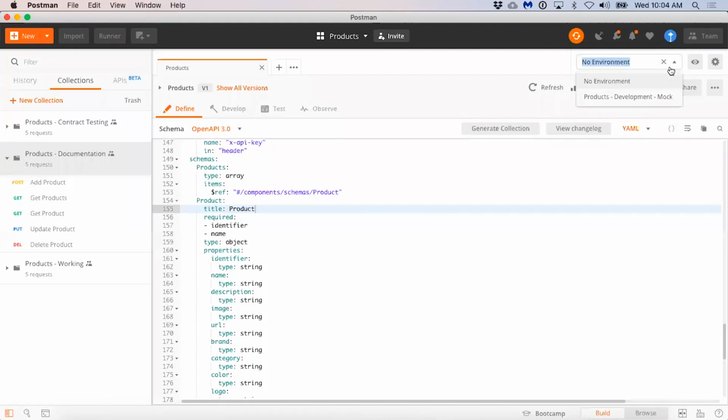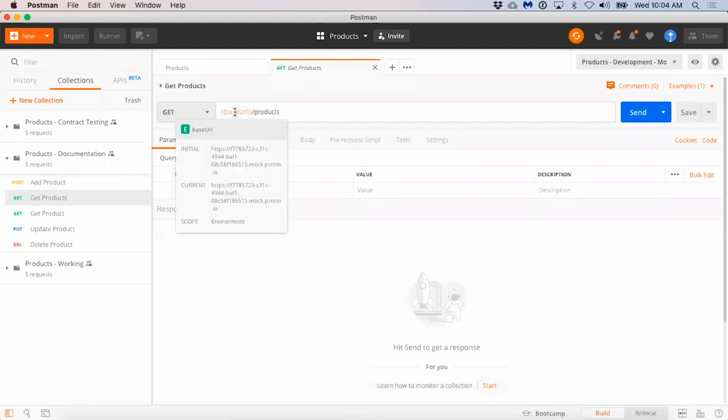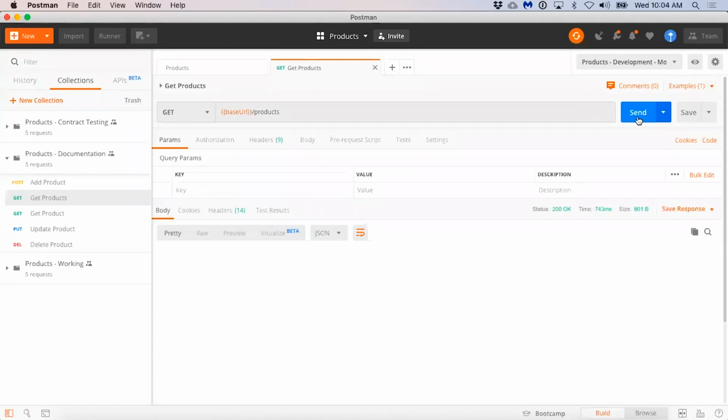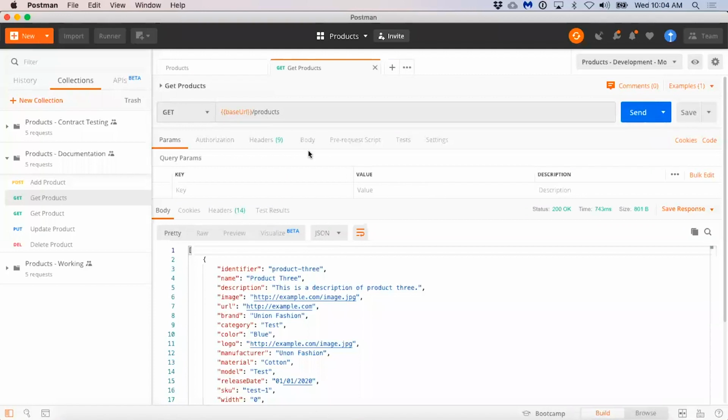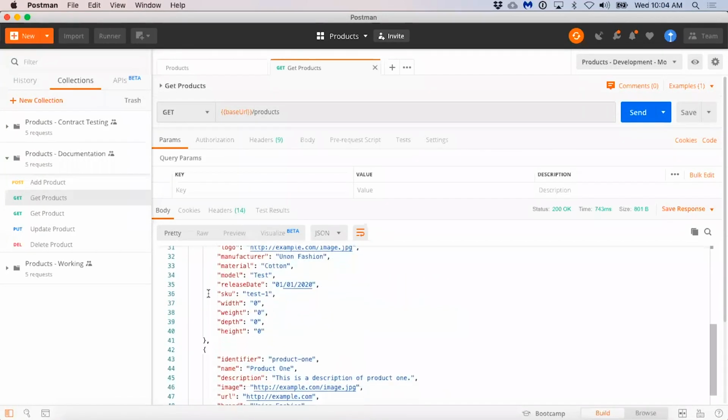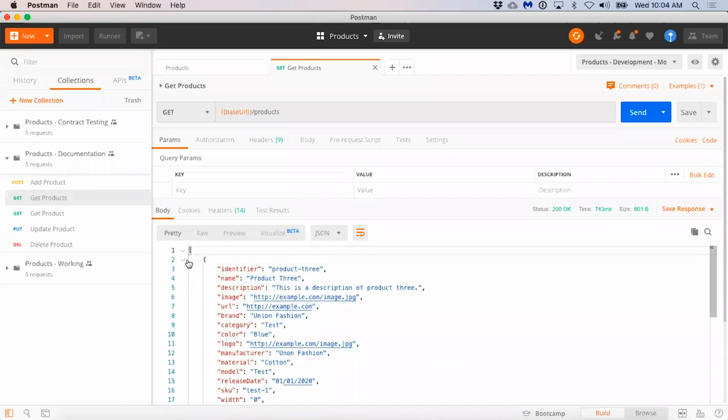and then for each of those API mocks that are generated, the URL is available in the environment, so that for each API call, any new mock server that is generated is automatically available for developers to be using, so that when any developer in any workspace runs a request, those examples are returned from the mock server, allowing development and iteration on each of these APIs without actually having to write any code.